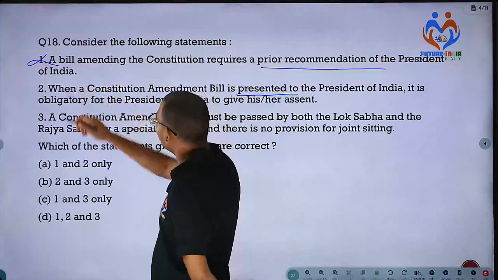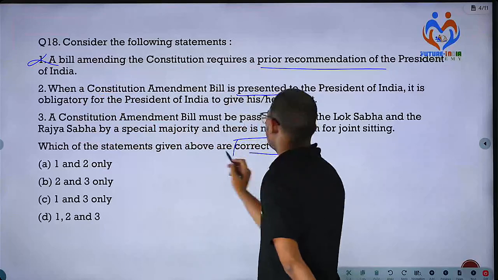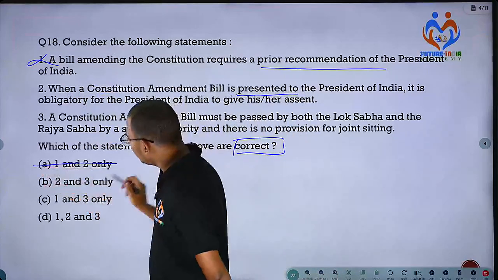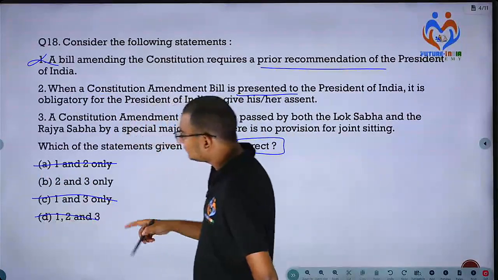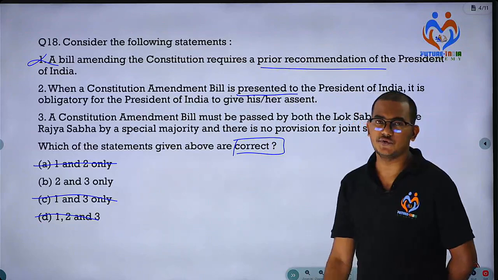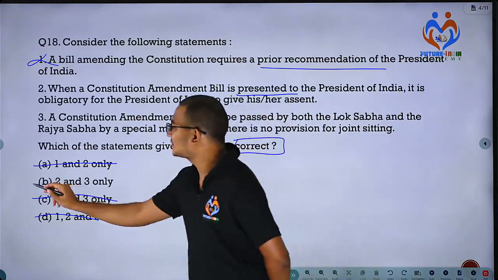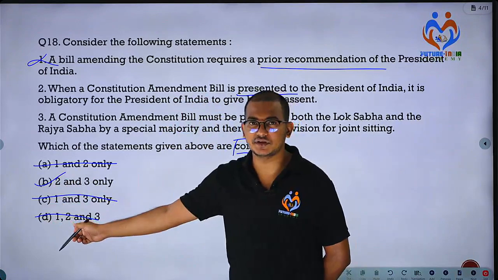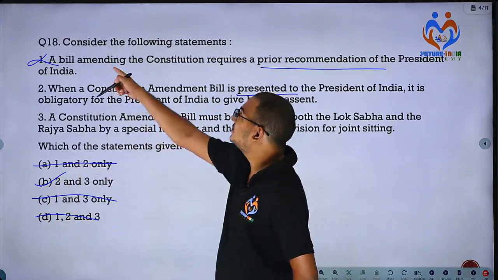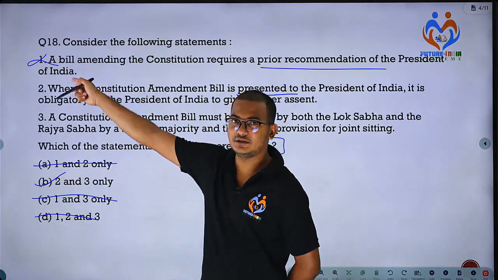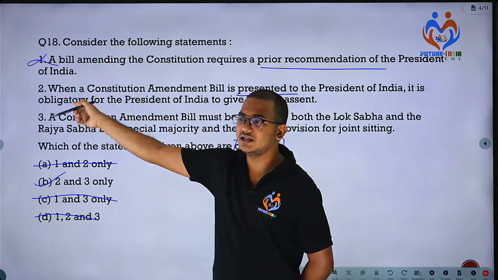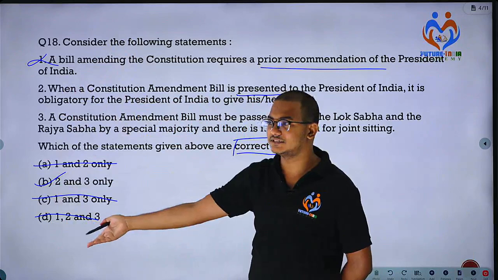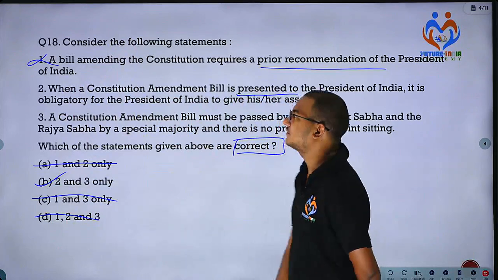So what's the way? He's asking for the correct statement. So remove all the options which have option 1. So you are left with option B. This is the power of the option verification method. Okay, so you got to know only one statement. You went through only one statement, still you got the answer. So this is the power of this option verification method.